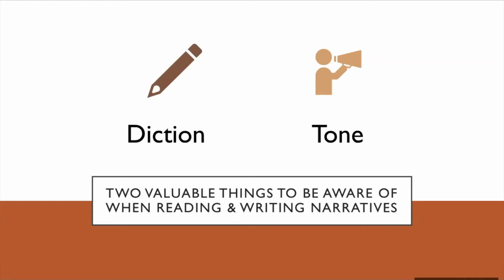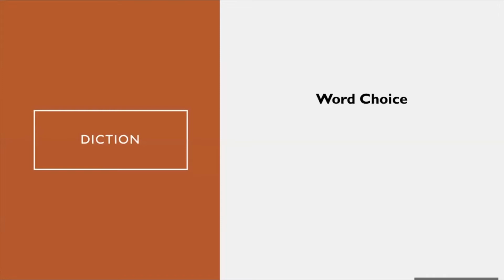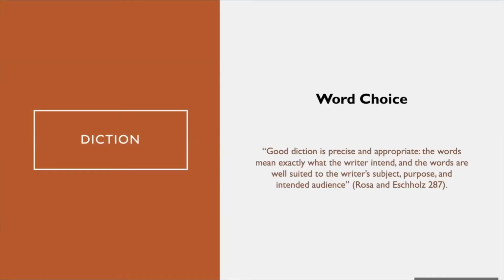I'm sure you've come across 2 at some point in your writing career. All right, diction. Diction is just word choice, all right? I love this quote. I think it's a really fantastic summary of diction. So it says, good diction, precise and appropriate. The words mean exactly what the writer intends, and the words are well suited to the writer's subject, purpose, and